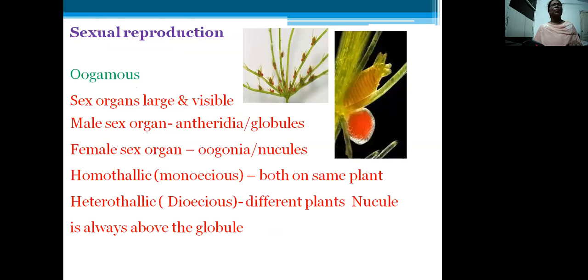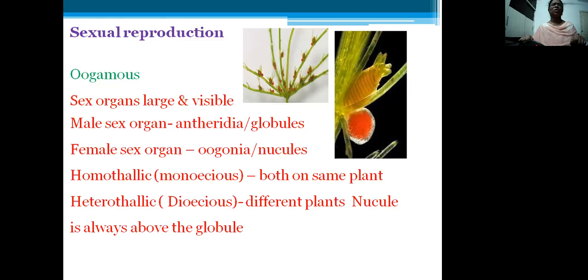of Chara. Coming to the important reproduction present in this plant, it is sexual reproduction. Sex organs are antheridium and oogonium. There is an advanced type of sexual reproduction, that is oogamous type of reproduction, seen here, where the non-motile ovum is fertilized by the motile antherozoids. So in this oogamous type, the sex organs involved are of two types.